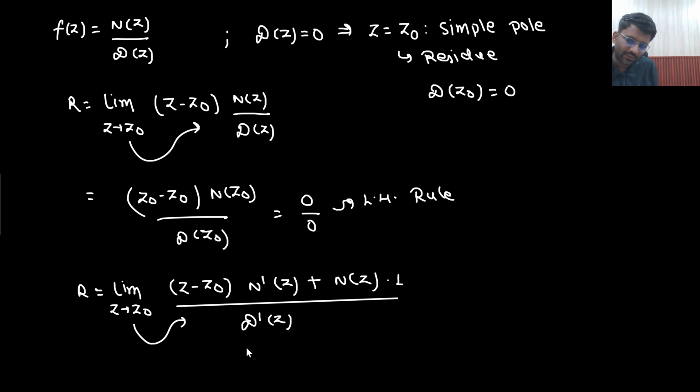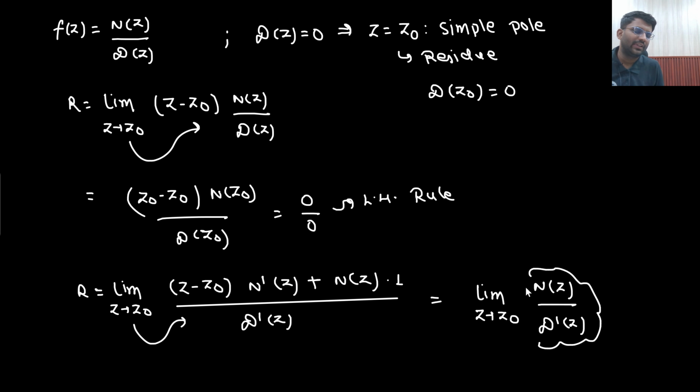And now you put z equals to z naught here. What answer will you be getting? Sir, if I put z equals to z naught here, z naught minus z naught will be 0. 0 multiplied with n dash of z will be 0 only. So what you are getting? Nz, what you are putting? Z naught you are putting. Or better I should say, limit z tending to z naught. Here if I am putting z naught, this will be gone. This will become mz divided by,